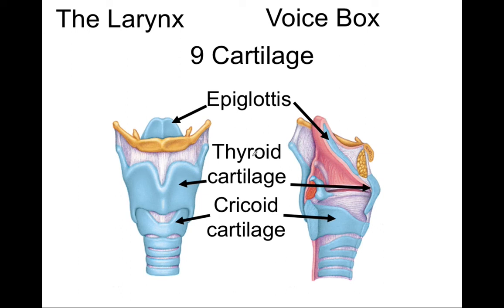We'll also find the thyroid cartilage, which can be found right here. The thyroid cartilage contains a structure known as the laryngeal prominence, as it is part of the larynx. The laryngeal prominence is also colloquially known as the Adam's apple. The cricoid cartilage can be found just below the thyroid cartilage down here. So it is the epiglottis, the thyroid cartilage, and the cricoid cartilage that are singular structures and therefore can be